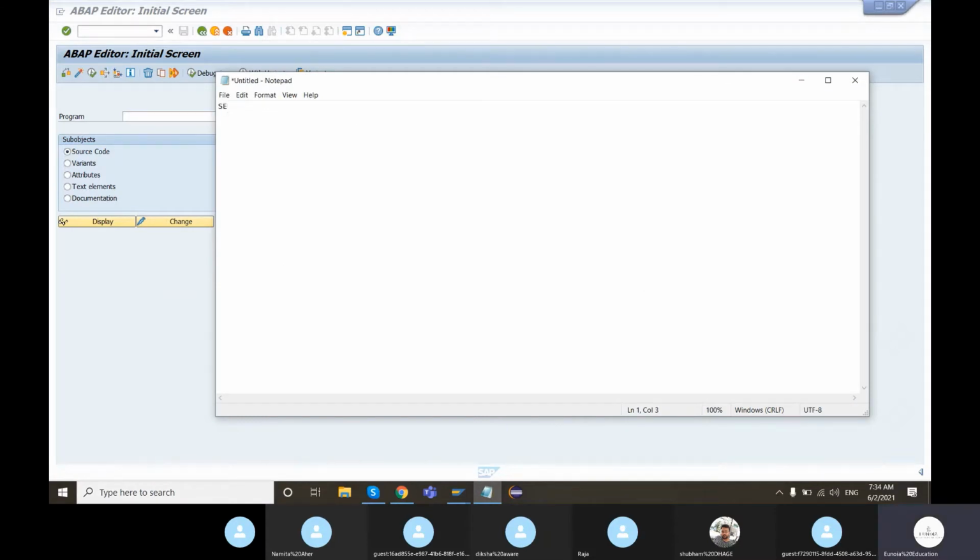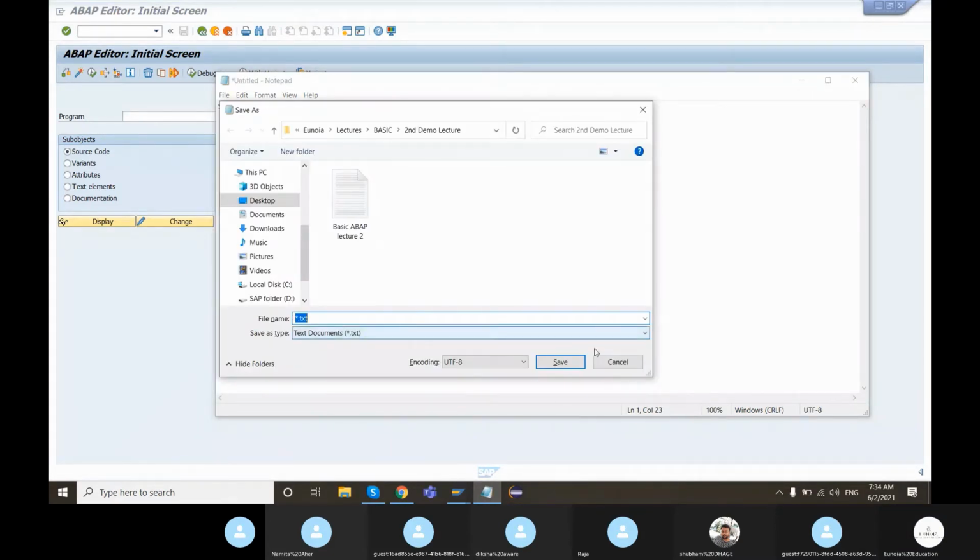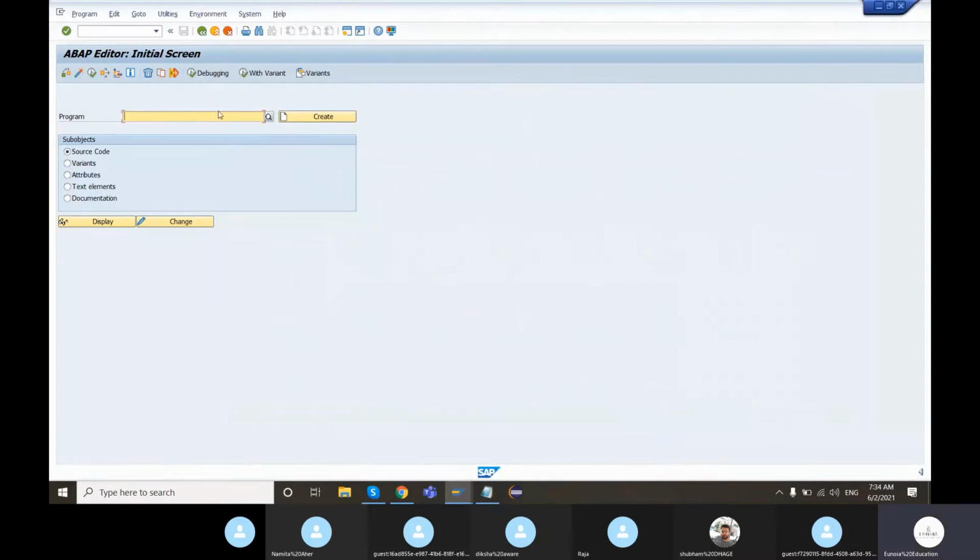As we go along this course, you will become more and more familiar with these T codes. T code stands for transaction code. This was also covered yesterday. So SE38 is the ABAP editor. Okay, go to SE38.